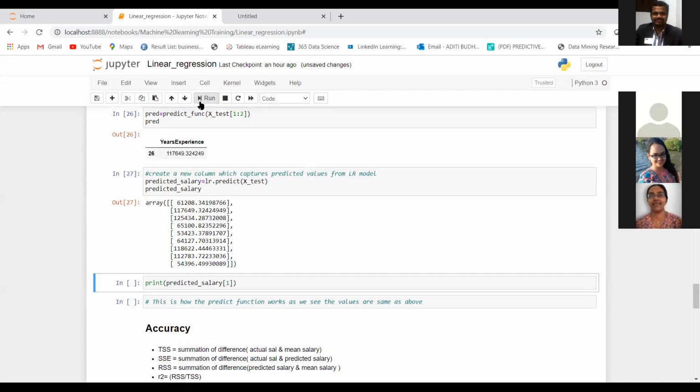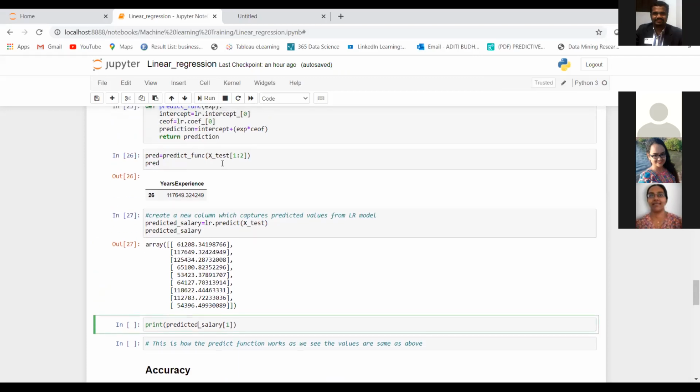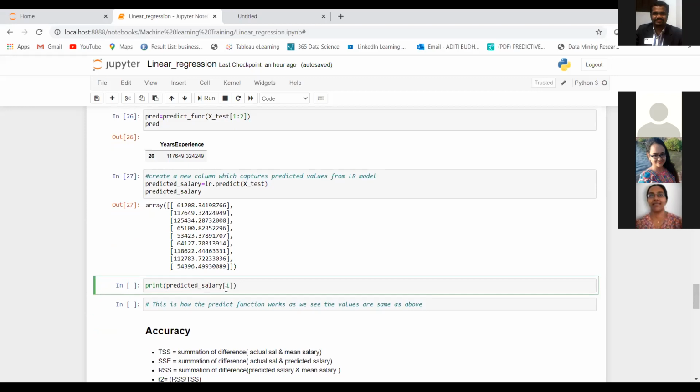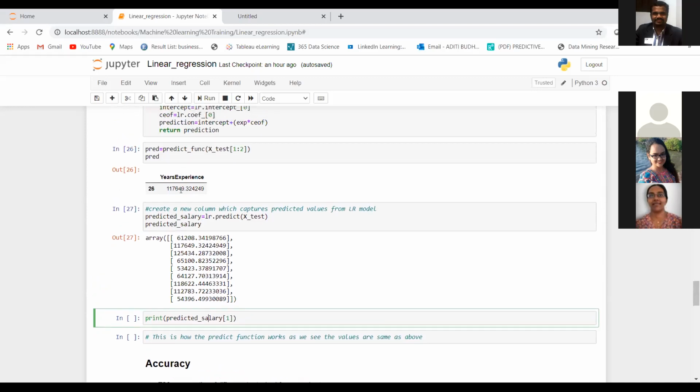So run this. Now here I'm passing all of the values present in my X test, in this data frame. And just to match whether we are getting the same value or not, I'm now using the predicted salary for the first position, which should be equal to what we got by writing our own equation.